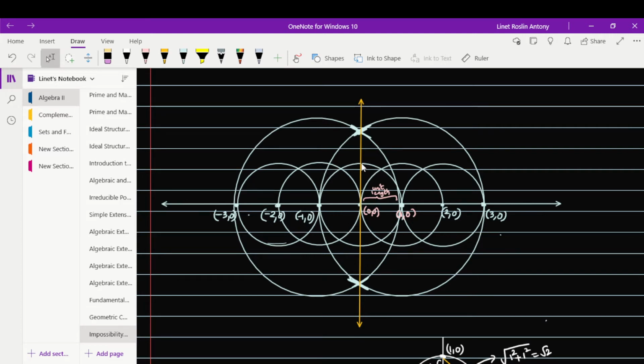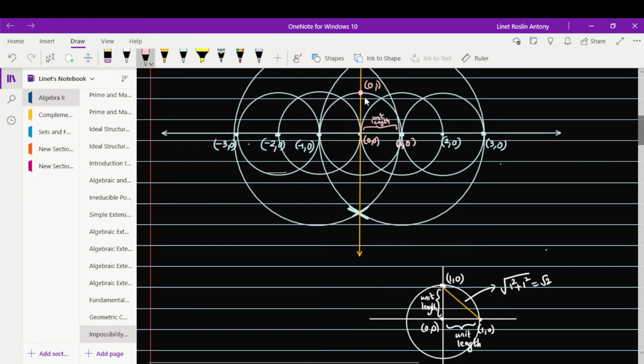And now we obtained the point here, and we know that this point will be 0, 1. So we have 3 points at hand. The points 0, 0 and 1, 0 we already had, and this 0, 1 we obtained by using straight lines and using circles with our compass. So I'm going to just take that part where we have 0, 0, 1, 0 and 0, 1. So this is that small part.